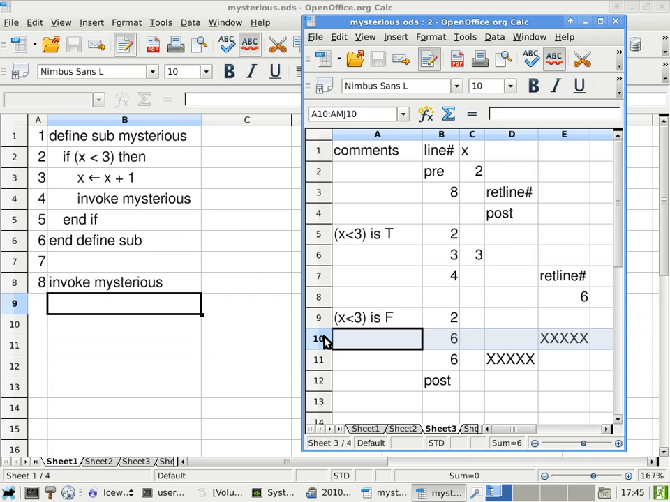Okay? Now, as it turns out, the line number that we're supposed to go back to is also line 6. But we don't care. We just blindly say, okay, since this one is a 6, we will put it down on row 11 so that we know the next statement to execute will be line 6. The second step of returning